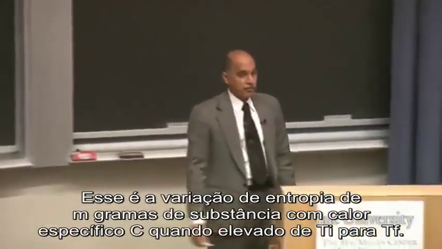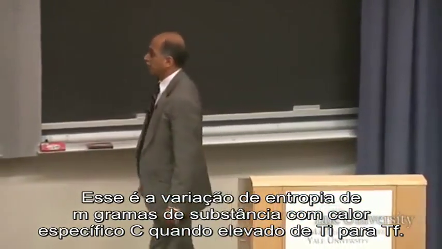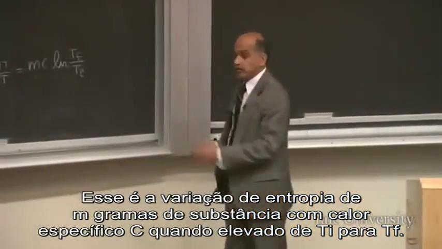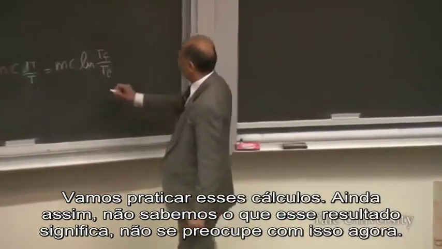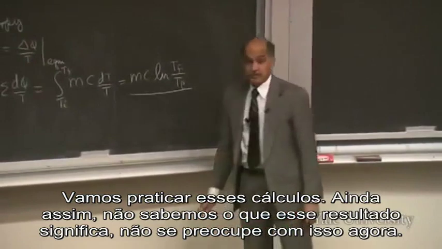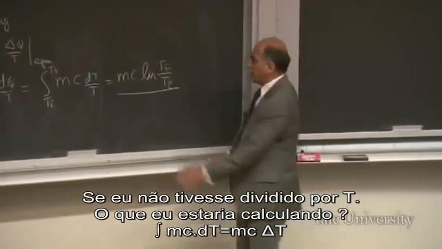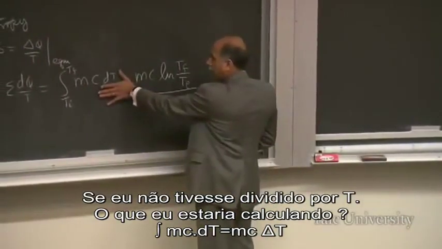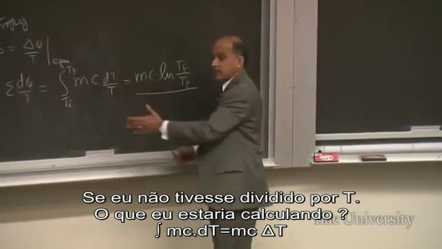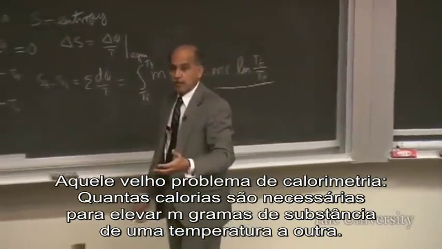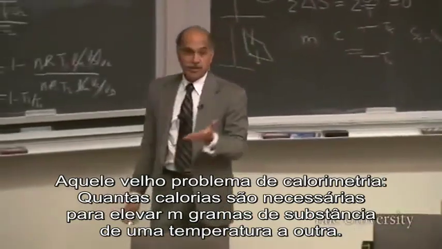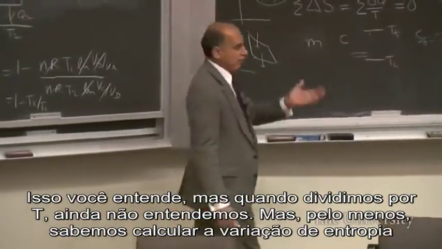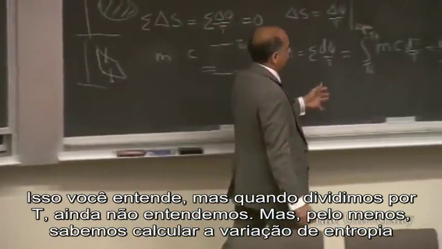That is the increase in entropy of m grams of some substance of specific heat C that's heated from T initial to T final. We're just getting practice calculating this. We still don't know what this guy means, so don't worry about that right now. If you did not divide by T, what are you calculating? mc delta T integrated is just mc times change in temperature. That's the old calorimetric problem you did. How many calories does it take to raise the substance from some initial to final temperature? That you understand. When you divide by T, it's a thing you don't understand, but anyway,